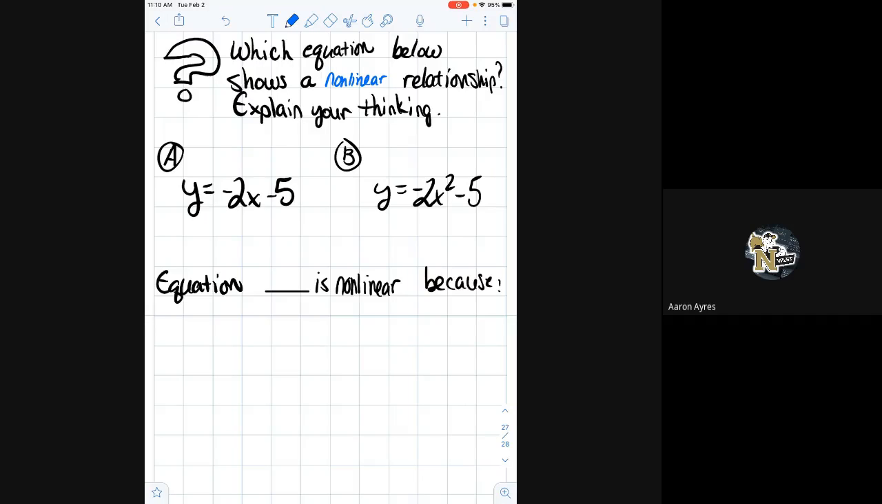Good. All right, show me your thumb, please. Okay? I see lots of thumbs down for B. Adam, why is B nonlinear? It's exactly right. It has an exponent. Very good. Okay? That's a quadratic equation. All right? We're going to study those next year. Excellent. So, B is nonlinear because